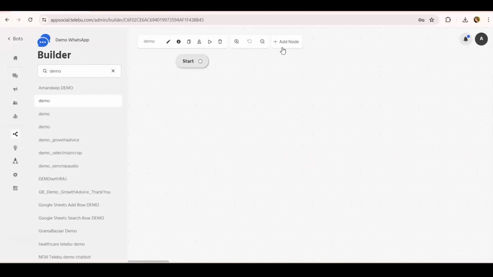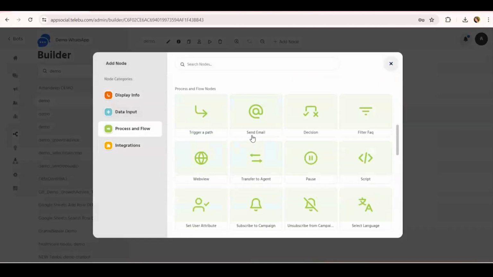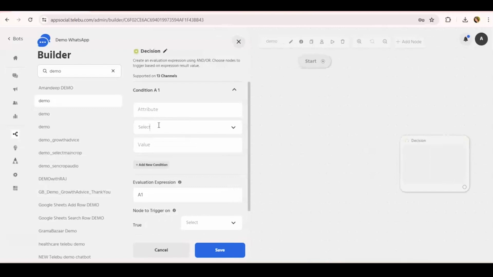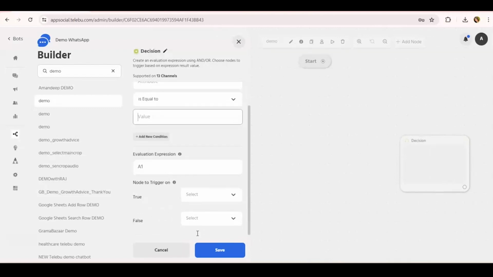Okay. Then we have decision. For example, you are validating something. For example, you are asking the customer for a date. Okay. For example, a booking date. A booking date can be the current date or a further date. It cannot be a previous date, right? So you can use a decision node to select the decision you made and click on save.